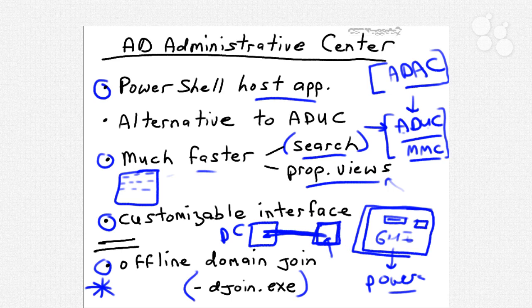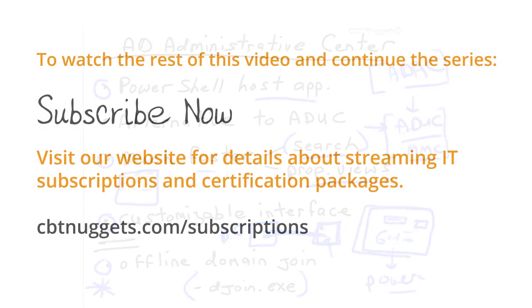The workflow for offline domain join, in other words, where your Windows 7 workstation